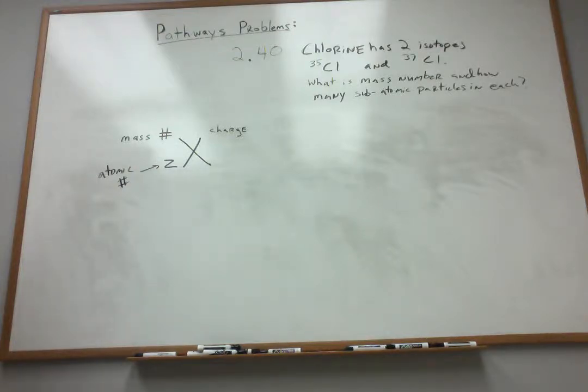Okay, so let's work Pathways Problem 2.40 from the textbook. It reads, chlorine has two isotopes, chlorine-35 and chlorine-37. What is the mass number and how many subatomic particles are present in each of these atoms, or one atom of each type, okay? So this is a pretty straightforward problem, but it's a skill that each student in chemistry